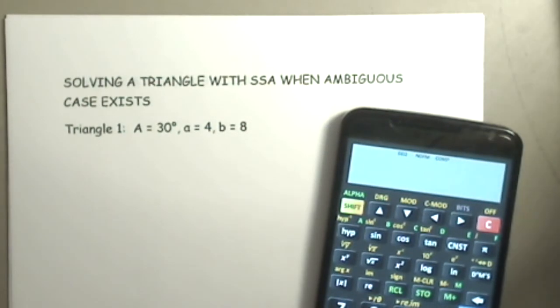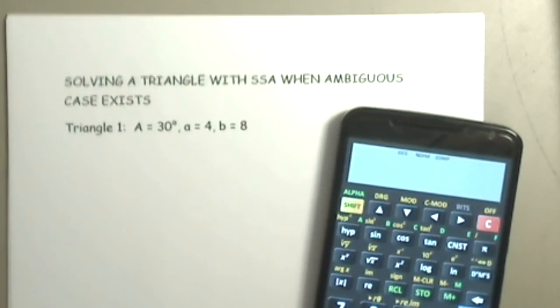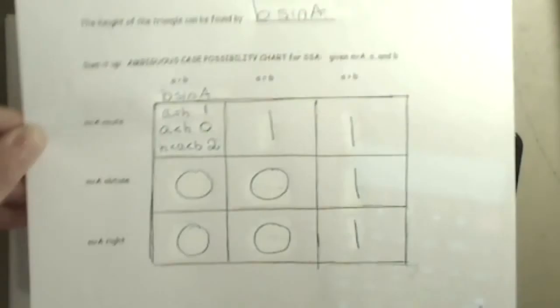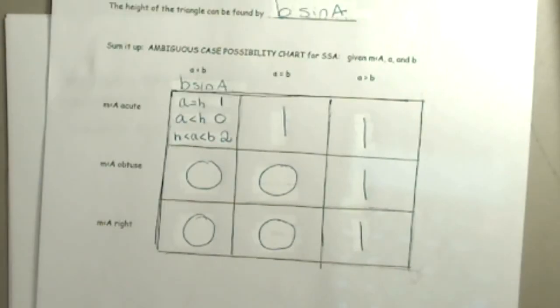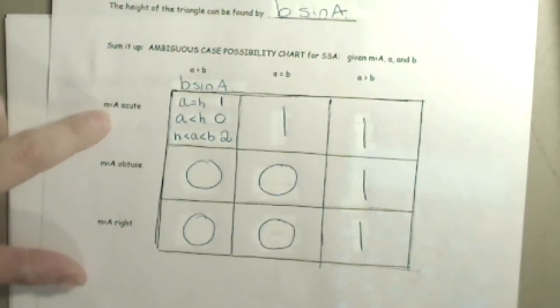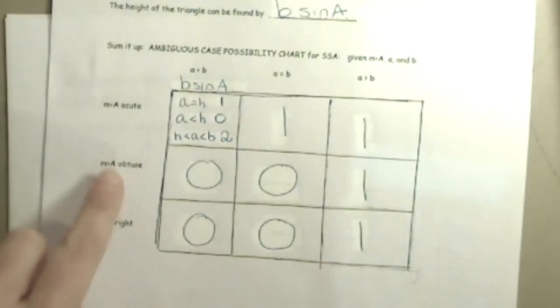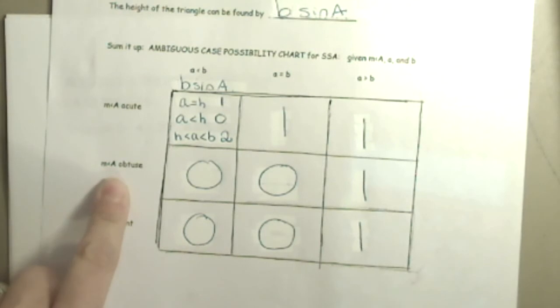Hello and welcome to this math video on solving a triangle with side-side-angle when the ambiguous case exists or possibly exists, but in these three examples it's going to exist. So we're going to be looking at our side-side-angle chart that we previously made, where angle A is acute and the opposite side is smaller than the adjacent side. In all other cases, it's not ambiguous. When angle A is obtuse, if you remember,